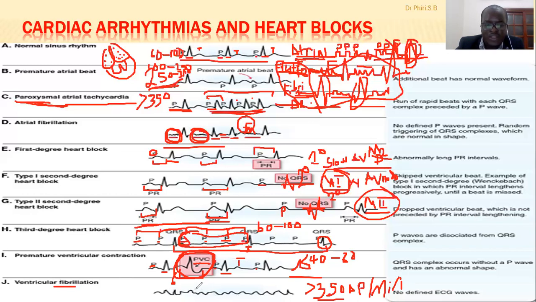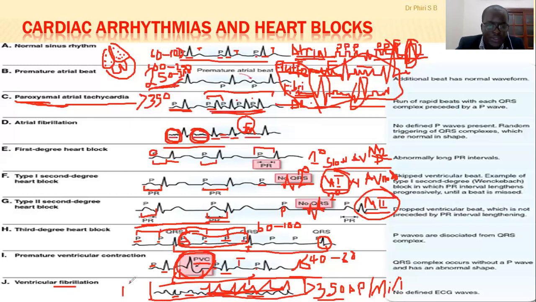So you just have these wave formations that are not coordinated. You can't appreciate the P wave. You can't appreciate a normal QRS complex. This is not a normal QRS complex. You wouldn't know which one is a P wave, which one is a Q wave, because the ventricles are just firing at a higher rate, so they are contracting. Because of this contraction, the P waves are fused within these complexes, so you can't really make sense out of this. So this can be as a result of ventricular fibrillation, which is very severe and